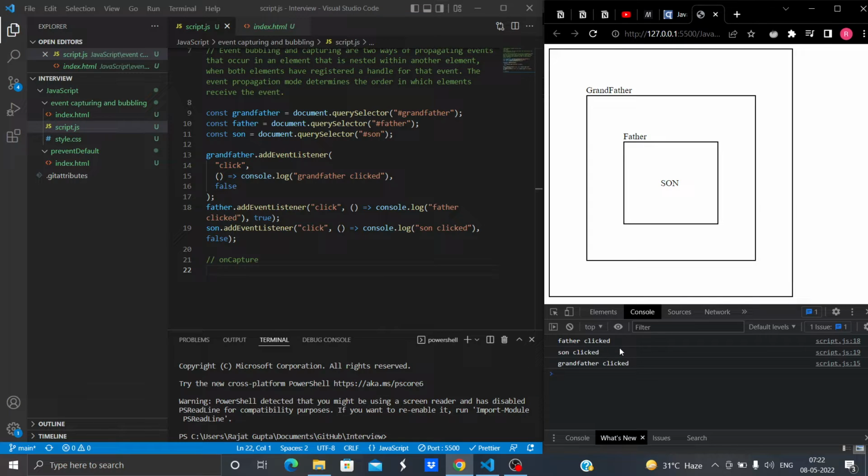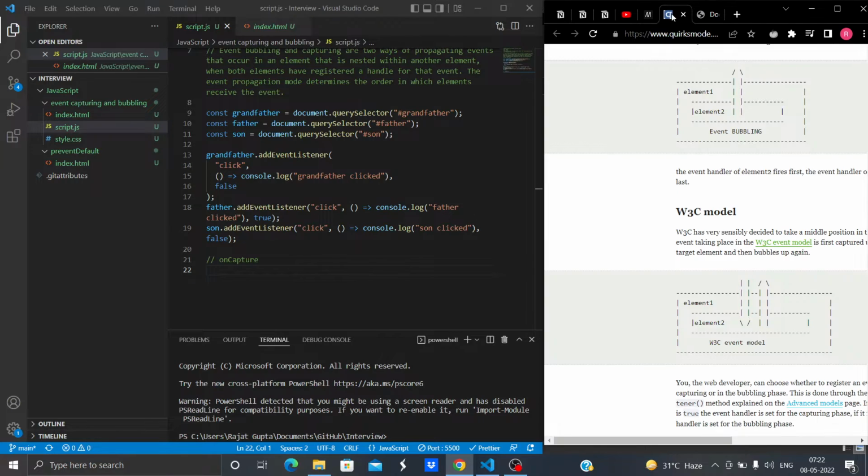This is what we know already. So what happened when I clicked on sun? Same thing, just remember this model. First capturing will be executed, then bubbling will be executed, and capturing will happen only for those in the capturing phase, only those events will be executed for which on capture's value is true. Again, let me reiterate, and for the capturing phase only those